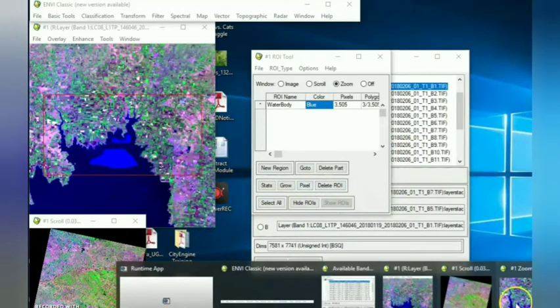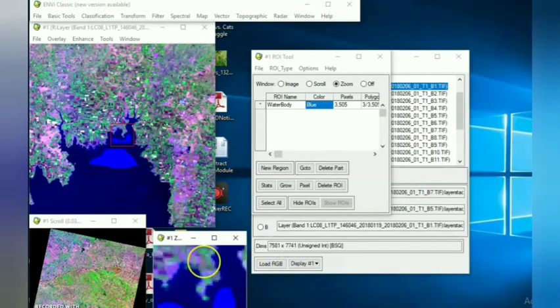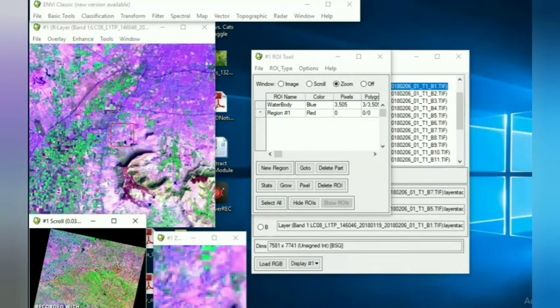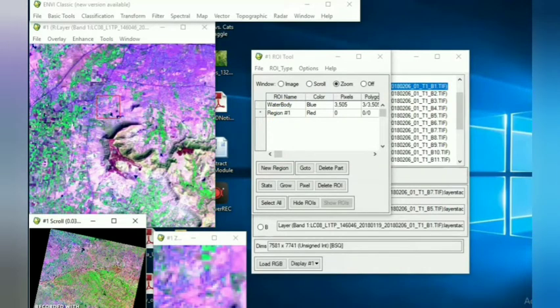Likewise, you can form the region of interest for different areas, different locations. Click on the new region. Now you can mark another area. Navigate through the image.